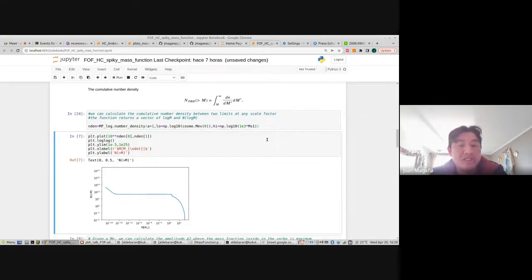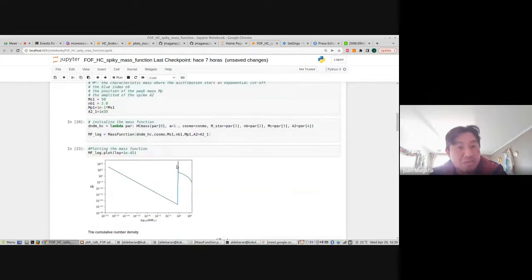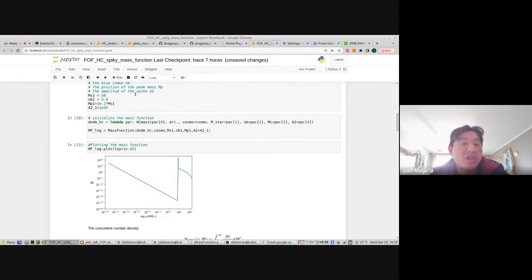I can plot the number density also, and I can observe different features which depend on the position of the peak in the primordial power spectrum, and also depend on the amplitude of this spike.